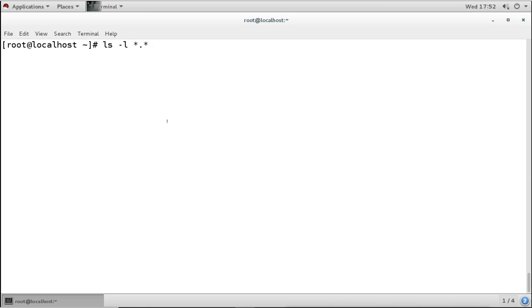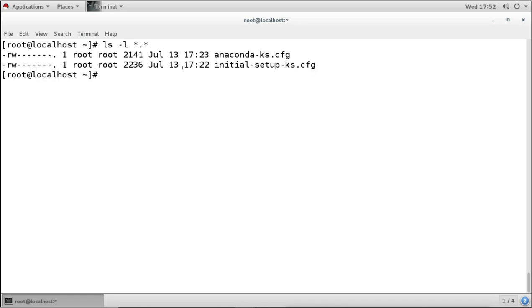That is, I know every file which I want to list has a dot in between. What the beginning or the ending is, I don't know. Now it will list all those files or directories which have a dot in the name, no matter where the dot is. So this is the wildcard character.